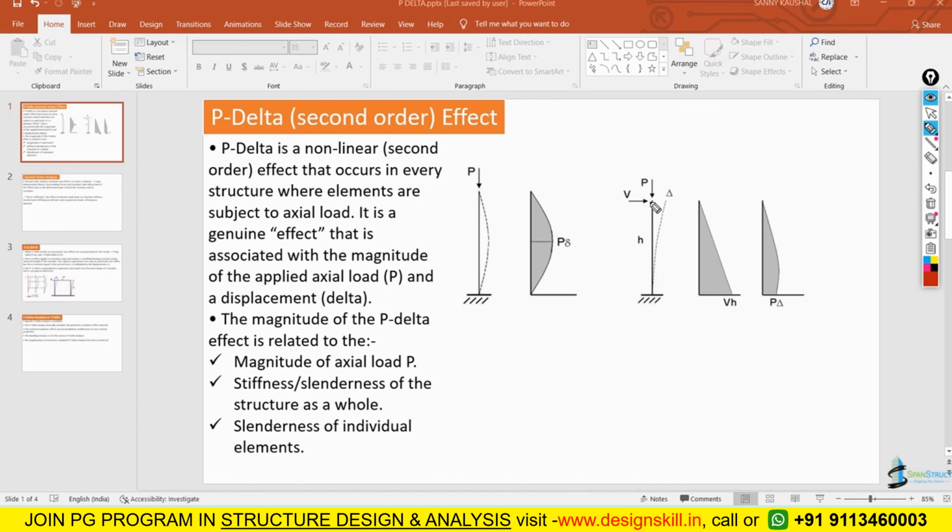So due to these forces, the column has actually been displaced, and we are getting a displacement which we call delta. And along with delta, P is also there. So if you are interested in finding the moment here, that is the total moment,